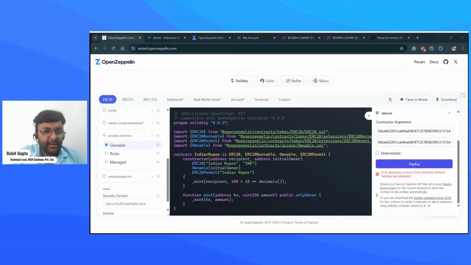I really want people to get the 100 tokens.